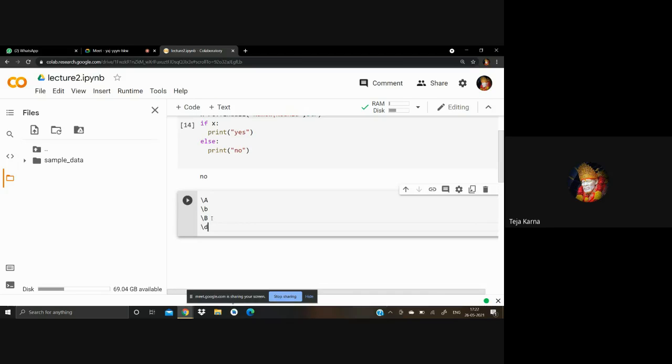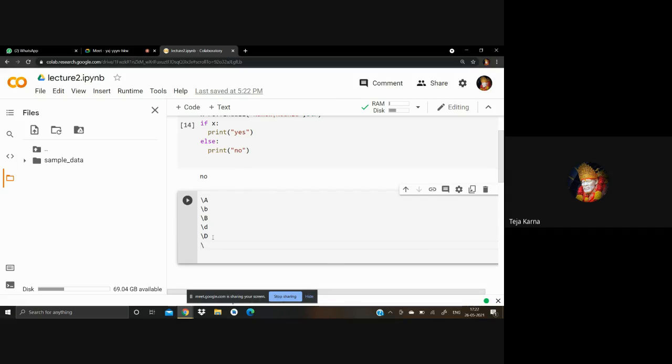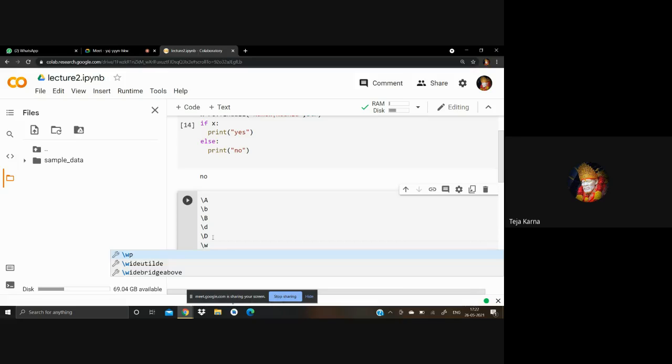Again, slash d will show you the digits contained in that string. Slash capital D will show you whether the string contains digits or not; it will just show yes or no. Then others, like slash w, return whether the string contains any word characters.